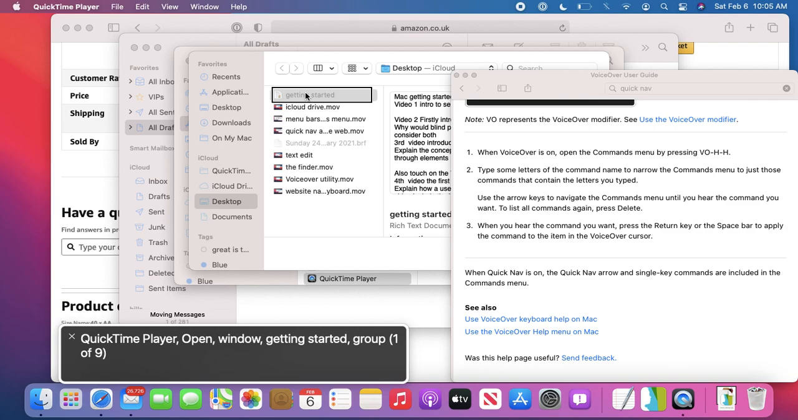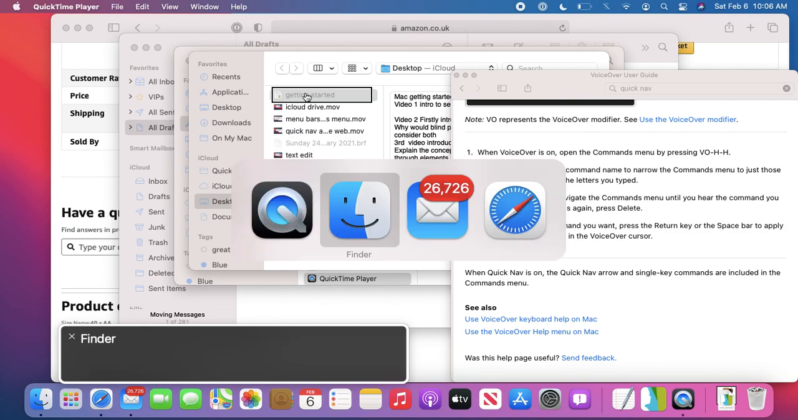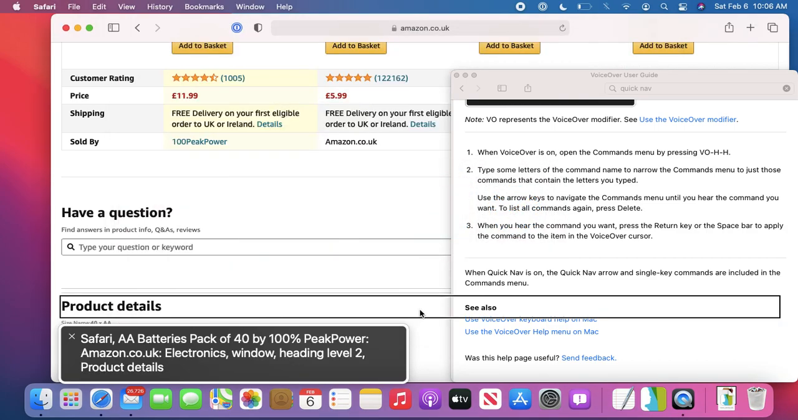If you press down and right arrow, you interact with, say, a table of messages. Down and left arrow stops interacting. And up and right arrow and up and left arrow go through your rotor. So again, all with the arrow keys. Let me demonstrate this. If I go to the website, Finder, Mail, Safari, AA batteries, and we're on the Amazon